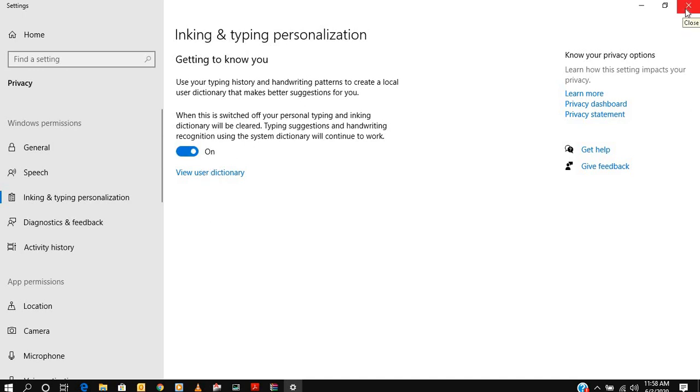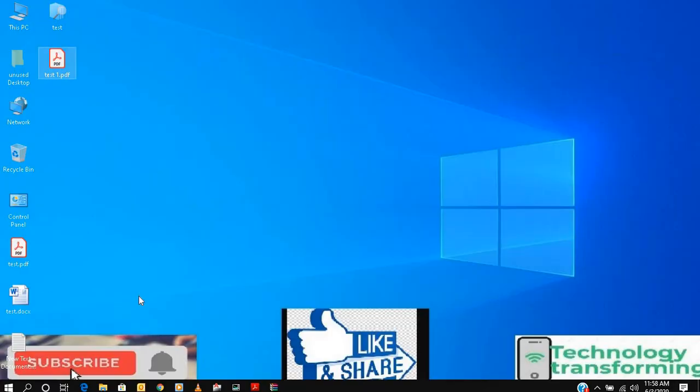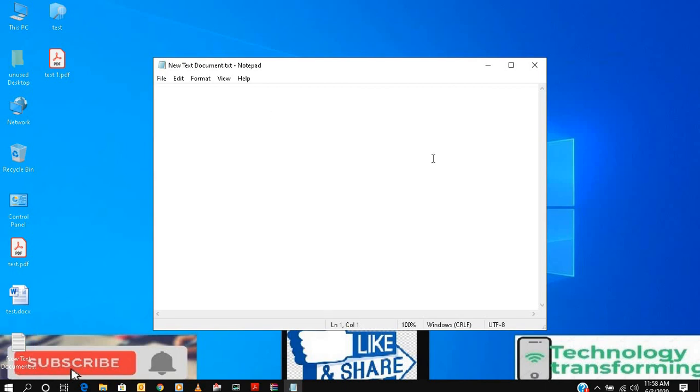Then what you will do, you will just open any document. Like I will open this document, okay, and I want to type something. So you no need to type, you just speak from your mouth and it will type for you. This software is typing for you. So what you will do, you press Windows plus H here, and it will type for you.